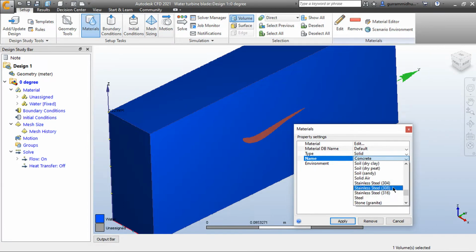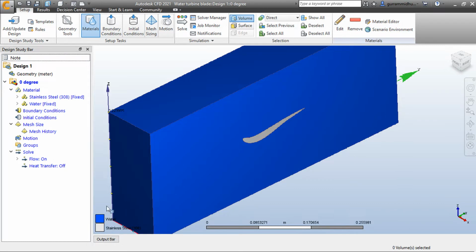We are choosing this material because these water turbine blades are made with stainless steel, which have maximum content of chrome, which allows the materials highly corrosion resistant property. 308 will be having rich of chromium content, about 20%. Thus I'm gonna select this one and click apply.